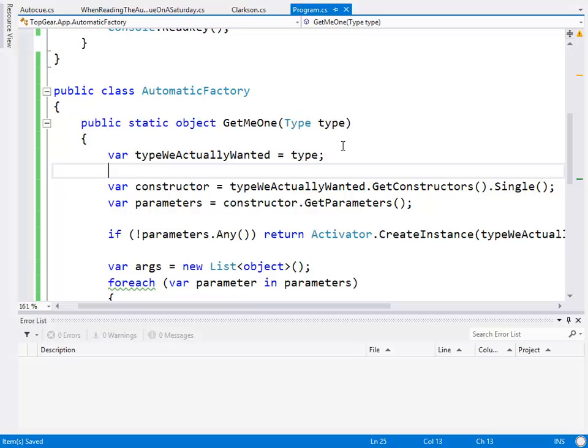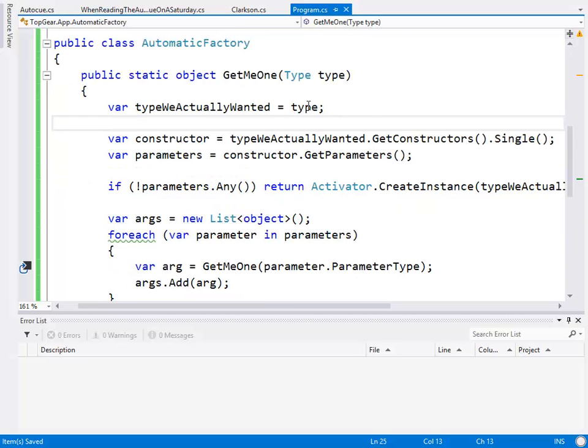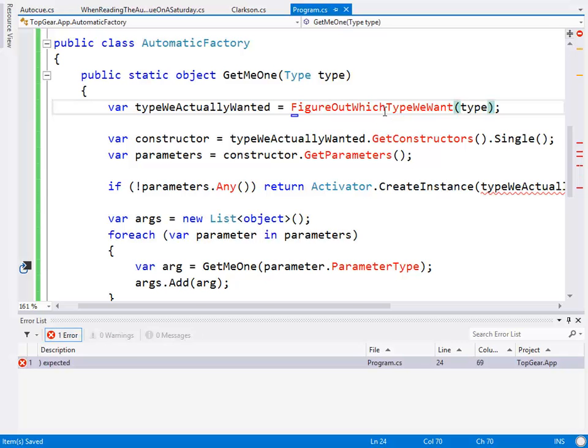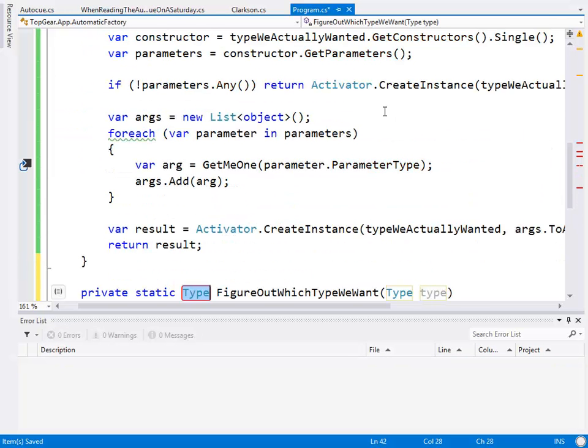Right? Which isn't very useful by itself, except that then I'm going to say equals figure out which type we want for that. All right, and I'm going to create a method for that, and it's going to return a type.